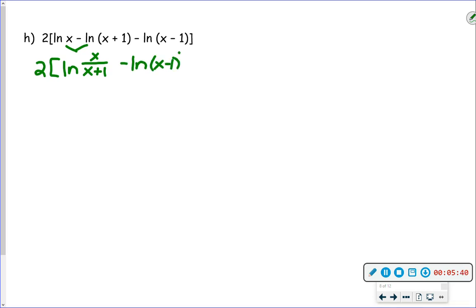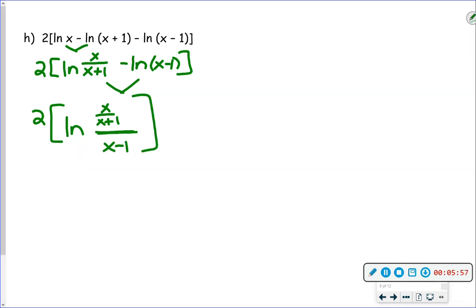And I'm just filling in everything else. Again, I'm still working inside the brackets. I'm going to condense this. This is going to look a little weird. We're going to have x over x plus 1. Subtraction condenses to quotient. So this is going to be a little bit of an issue because we have a